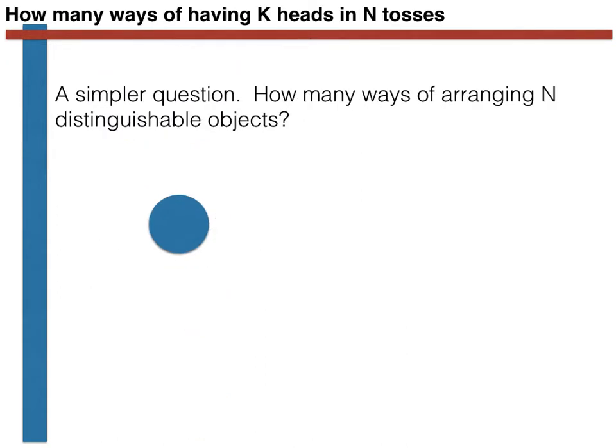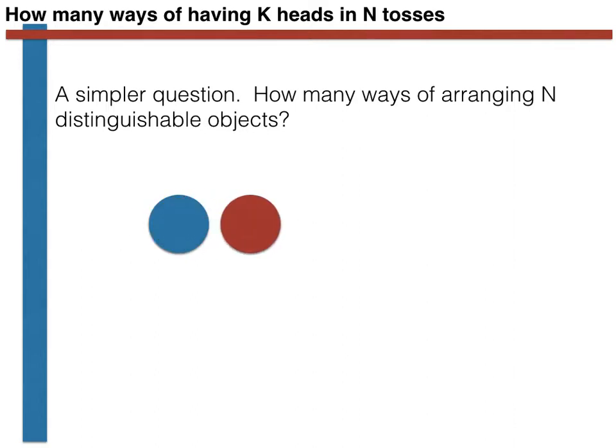Before considering the business of the binomial coefficient, let's consider a simpler question. How many ways are there of arranging n distinguishable objects? In other words, how many different looking ways can we arrange n objects if we can tell apart all of the n objects? To explain this, I will use coloured circles like the blue one shown here. If I have only one circle, there is clearly only one arrangement. The moment I introduce a second red circle, however, I find that there are now 2 arrangements, namely red-blue and